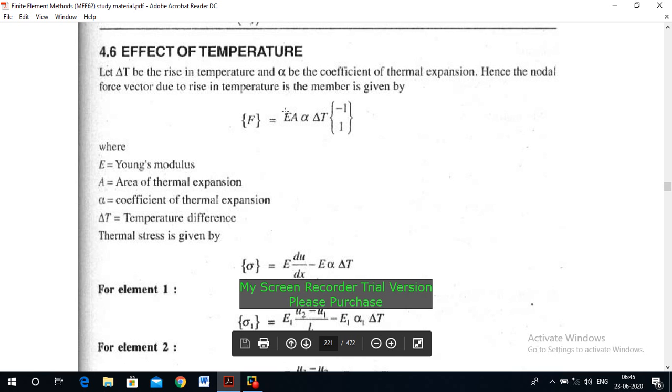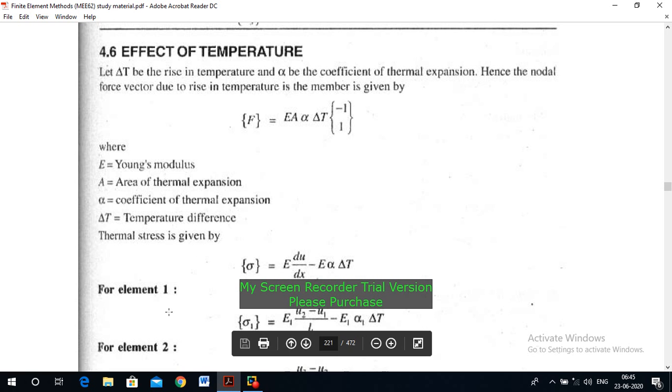F is equal to E A alpha delta T times [-1, 1], where E is Young's modulus, A is the area of cross section and alpha is the coefficient of thermal expansion, delta T is the temperature difference. Therefore, the thermal stresses are given by sigma is equal to E into du by dx minus E alpha delta